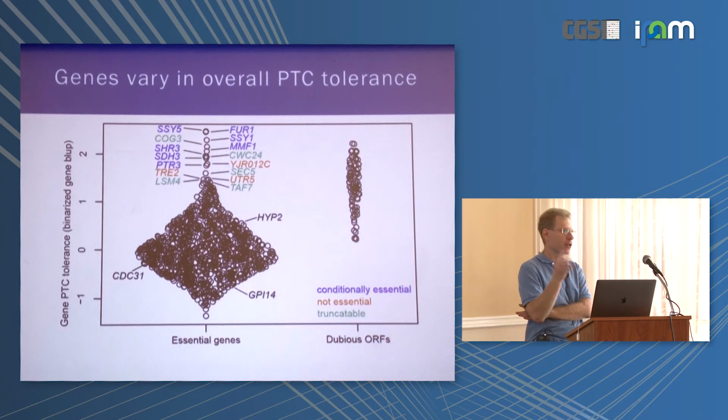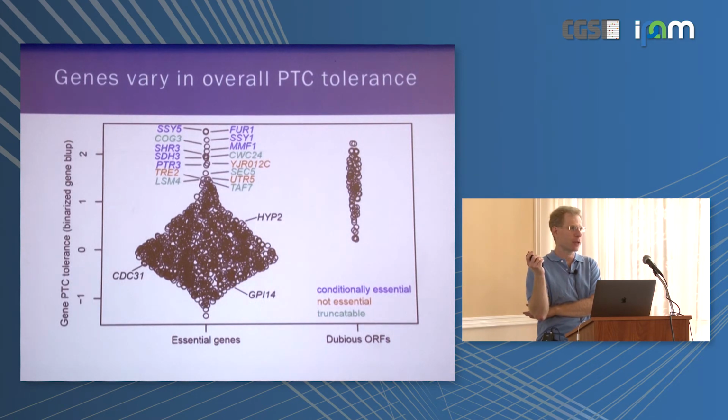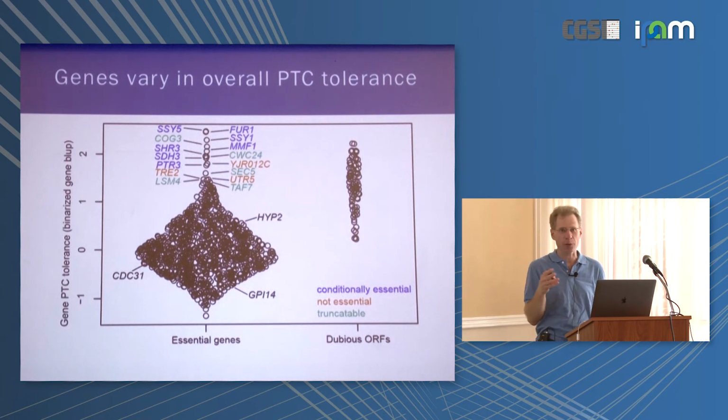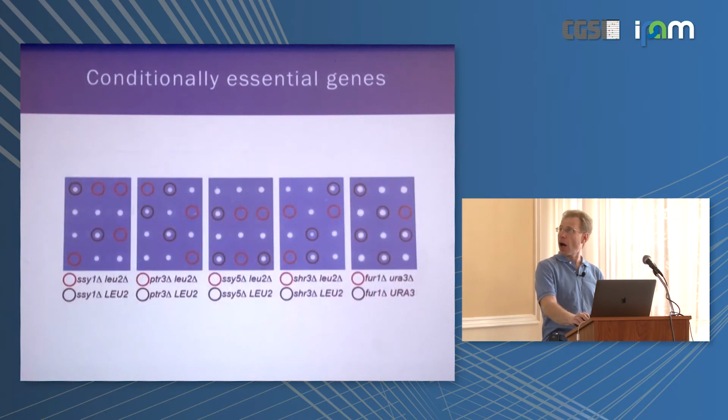Basically, whatever large-scale deletion screen was done to annotate it, looks like those guys are just false positives. Like if you look at them and you look in the literature or you do the experiments, they're dispensable. There is no reason for them to be essential that we can find. So we think those are just annotation errors. The conditionally essential genes shown